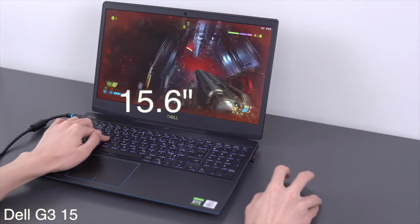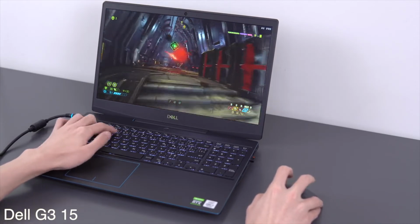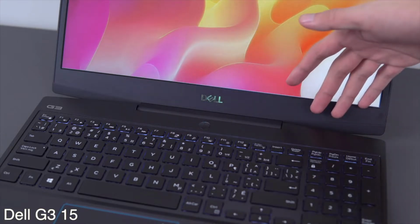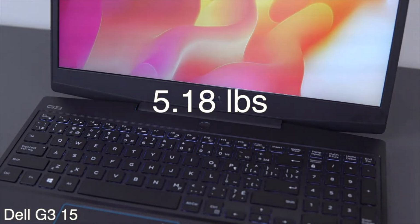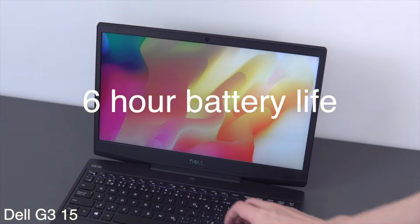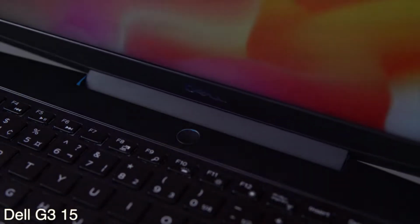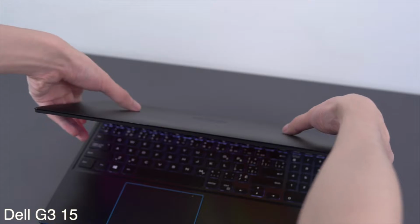The 15.6-inch display is more on the expected lines, but Dell making room for an overall resolution of 1920 by 1080 pixels. Also, the excellent refresh rate of 144 Hz makes it easier for engineers to refresh designs and refer to videos for modeling better channels and lines. The laptop weighs 5.18 pounds, which is an aesthetic marvel, and has a battery life of up to 6 hours. Overall, if you're more into fabrication, documentation, and modeling via MEP extensions and resources, precisely for mechanical, electrical, and plumbing scenarios, the Dell G3 15 3500 is an ideal laptop for Revit to